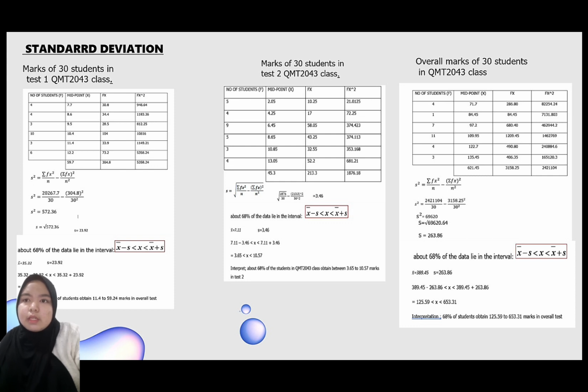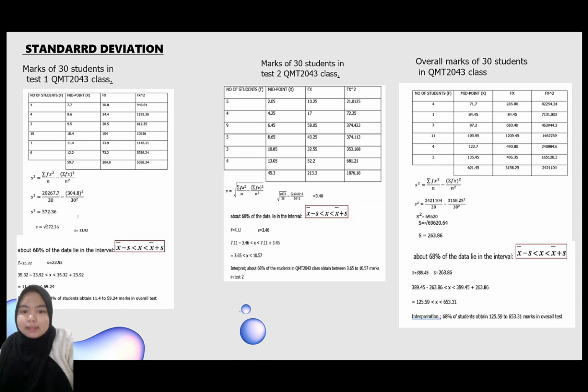So we got 11.4 less than X less than 59.24. Interpretation: 68% of students obtain 11.4 to 59.24 marks in